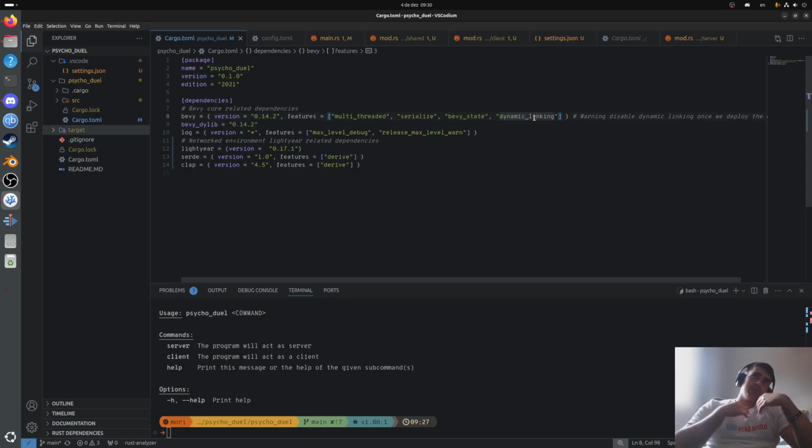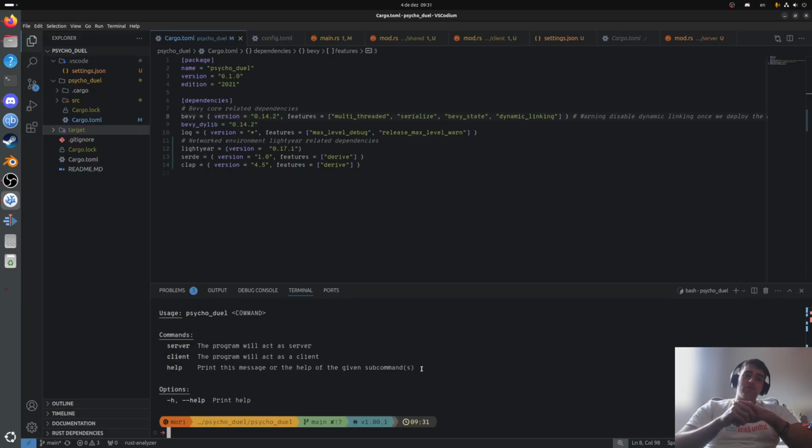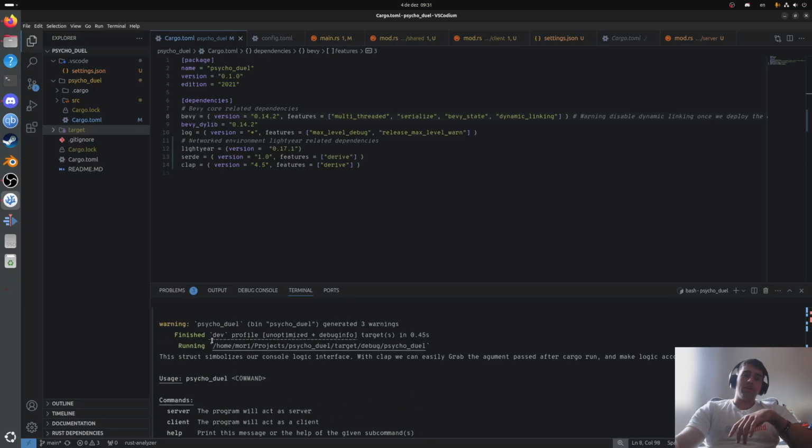Dynamic linking is something that you're also going to see in getting started, but it's basically a way of compiling faster. When you make a little adjustment, this last stage, which does the compile, is going to take a while. And usually when you're testing things, you want that to run fast. You don't want it to take a lot of time. And this linker is going to make things way faster indeed.